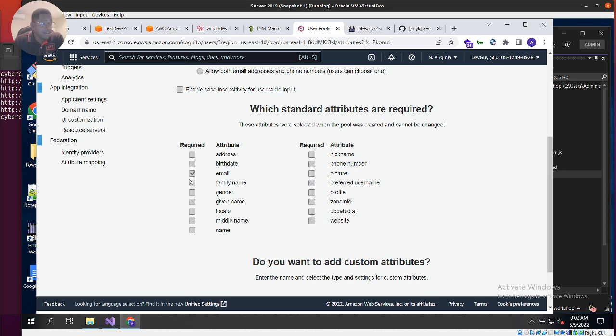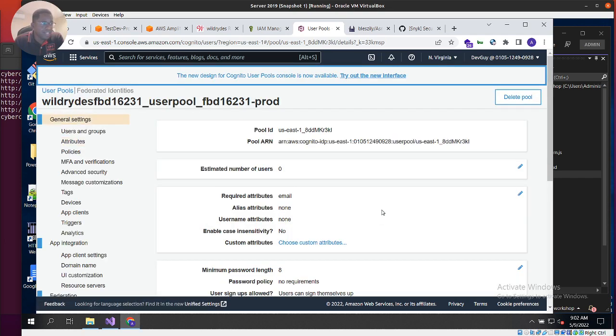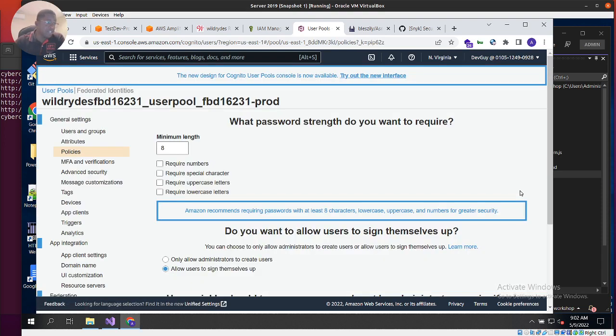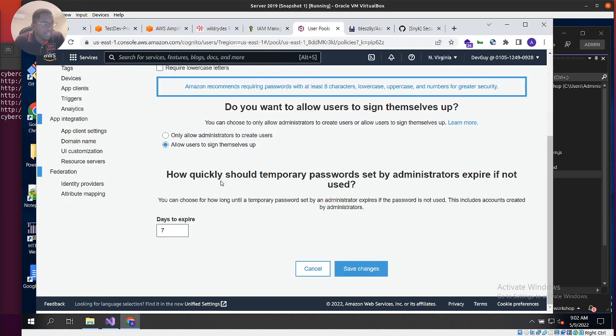If we feel we want something beyond this, we want something else, we can actually click on all that and add the required attribute, but I'm not going to do that. As well as the password policy, we can actually make changes to that. So we can see the required length currently is 8. We can set these up to